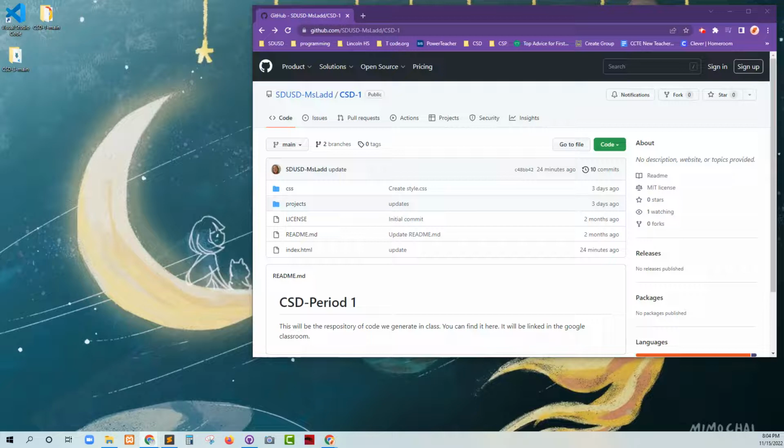All right, so right now I'm going to show you different ways to get code from GitHub. The first one is just simply going to the repository that you're interested in. In this case, we're looking at Computer Science Discoveries, period 1. If you're in period 3, then you would look at CSD-3. So I'm going to go ahead and get this code,